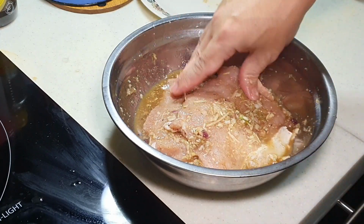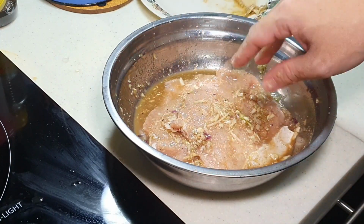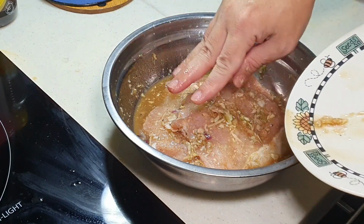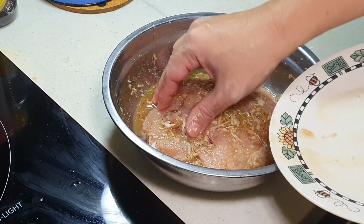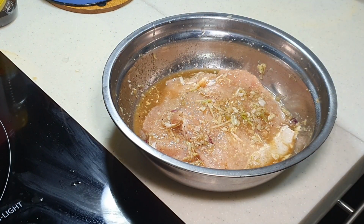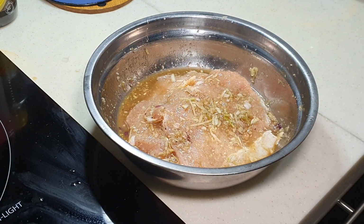Okay, then I'm going to cover this with a wrap and leave it in the fridge for at least, let me see, at least 3 hours. Before I will grill or air fry or pan fry, I haven't decided how I want to do it. Basically, you can use it whatever way. You can use oven, you can use air fryer, you can use normal pan to pan fry, and it will be another very delicious